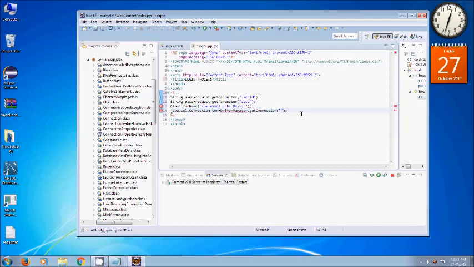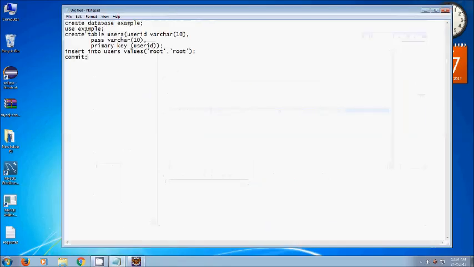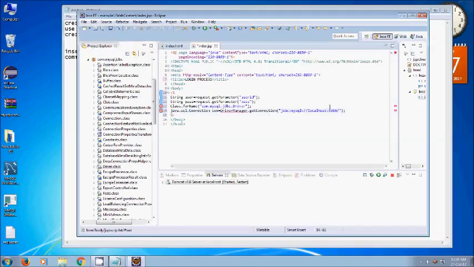So what is the address of the server? The address goes as follows. It is jdbc:mysql://localhost. As you can see, there's another localhost over here, but with the port number 3306, which is the default port number for the SQL server, slash the database name. The database that we've created, if you remember, is called example. So we will write here example,